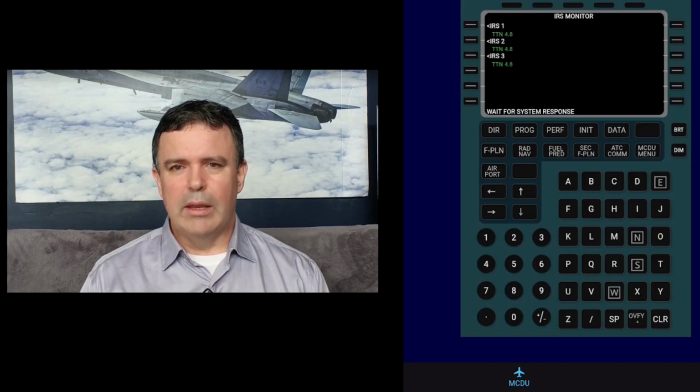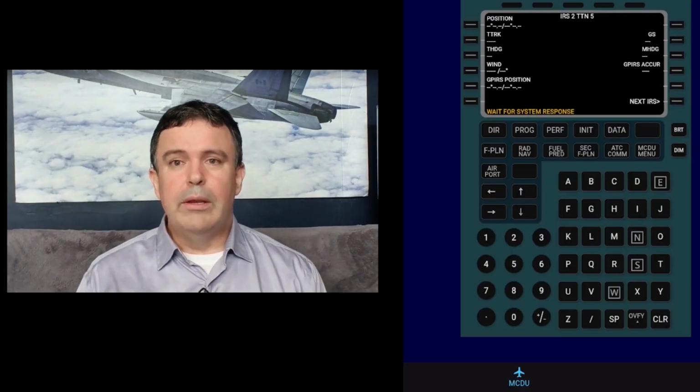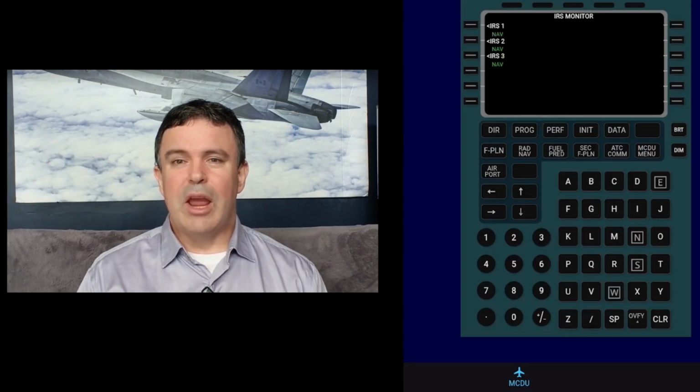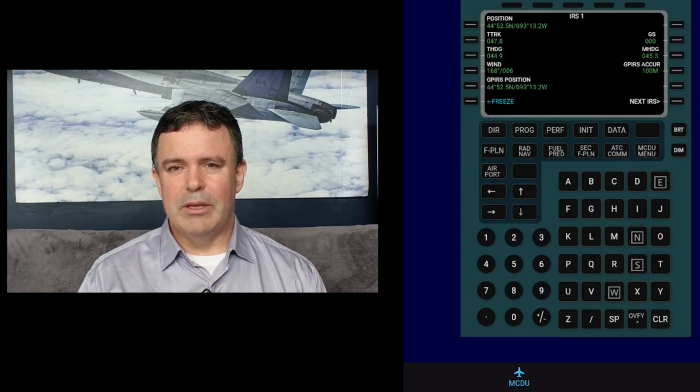Selecting IRS 1 shows us the same information we've already seen, but it will change once the timer finally gets down to 0. We don't want you to have to wait for the whole alignment time while you're watching this video, so we'll jump ahead a little bit. When each IRS value is obtained, we should see they all have matching information, and that information should match the